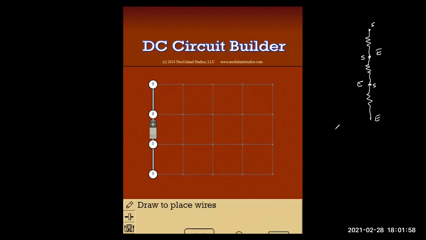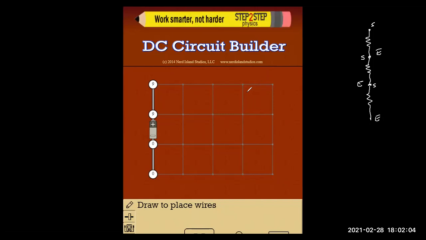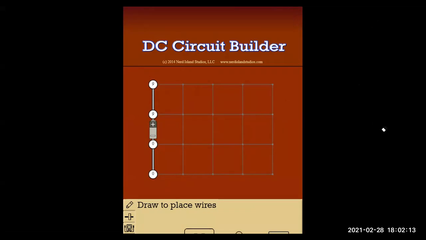Now in parallel, what we are supposed to do is connect the start points of all three resistors together and the end points of all three resistors together. Now how do we make this connection? How is it possible to do this? Start points together and end points also together. It's very simple. You can pause and think how you will connect it.